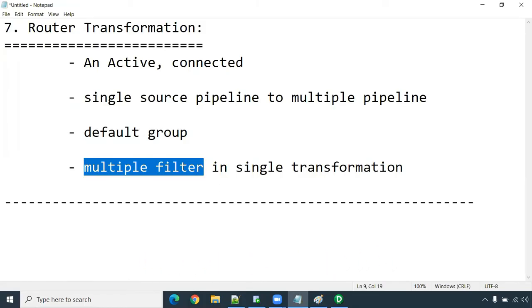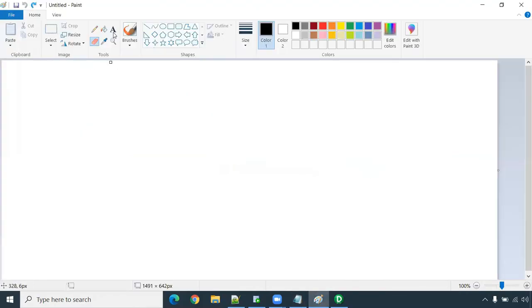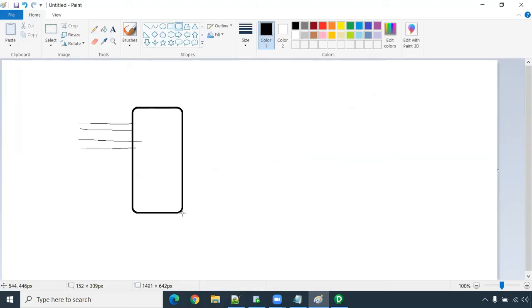It's a very simple transformation. Whenever you have a single pipeline, for example, a single pipeline source, you are getting data like card details, debit card or credit card or anything. You have to segregate this into multiple groups. So this is one group and this is another group you want to filter out. You can create multiple groups. So this is one group where you can get credit card and this is debit card details, and for example, all 4 columns will be there. So here you can get all other remaining cards.